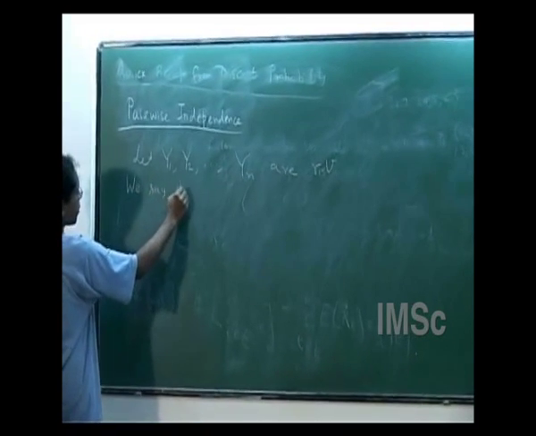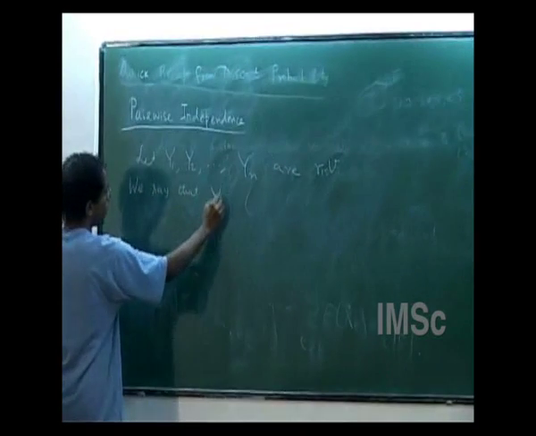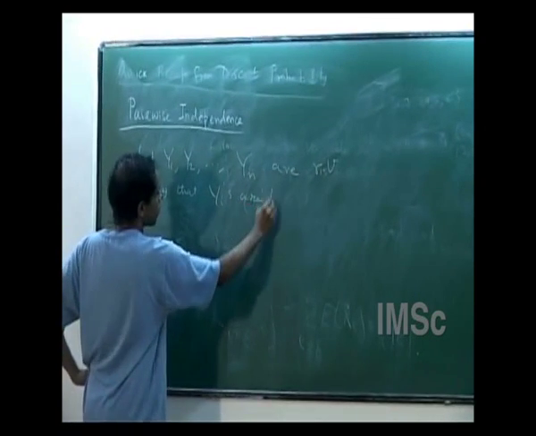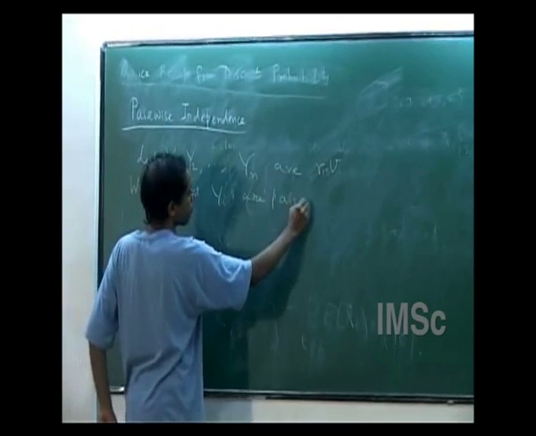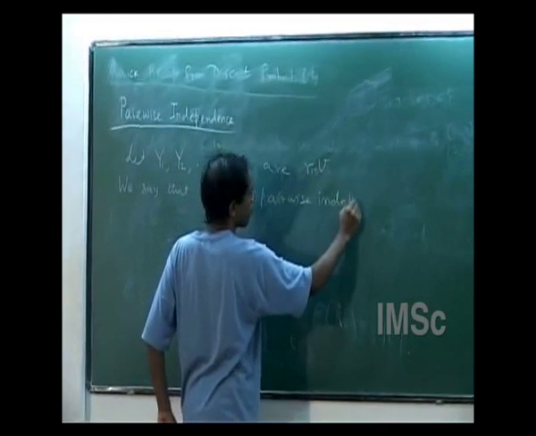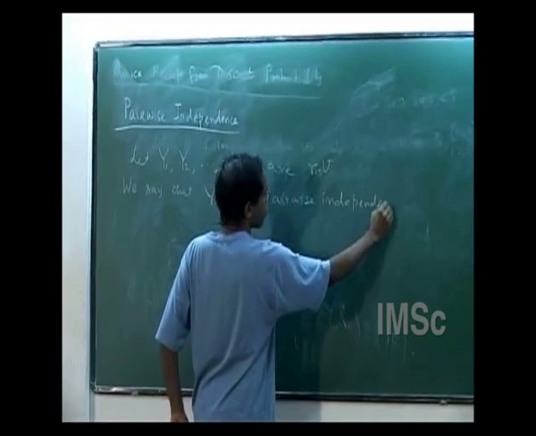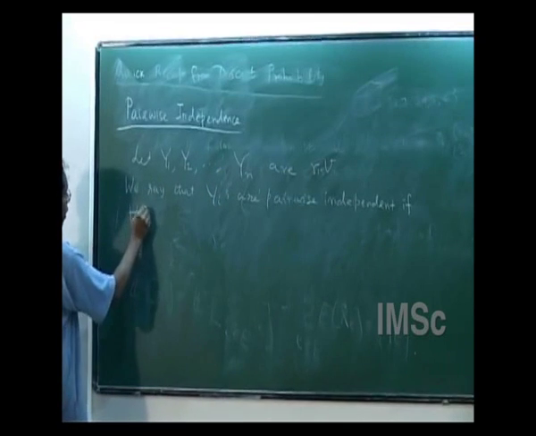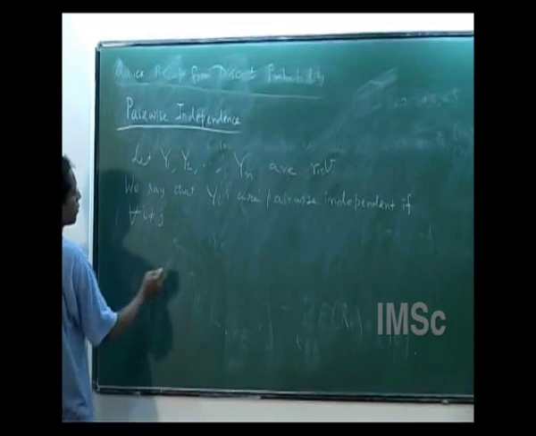We say that the yi's are pairwise independent if for all i not equal to j,